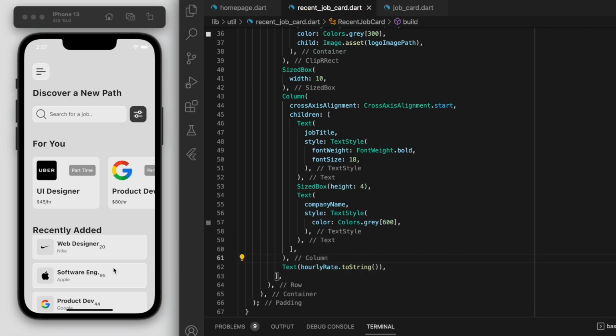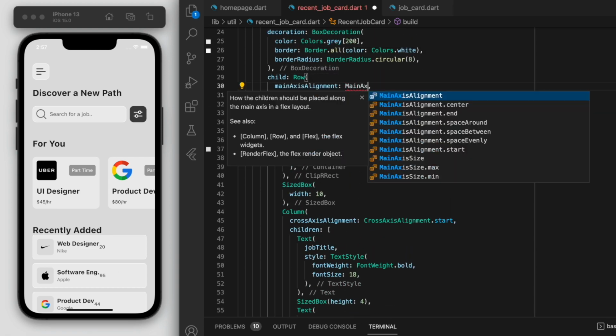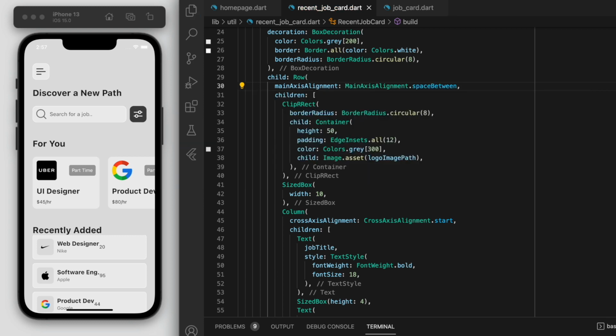Okay, now with the numbers in the end, the 20, 95, 44, this price, we want to put it on the very right hand side. So we're going to specify the main axis alignment to be space between. Now, because we have a few widgets inside of this tile, I only want the numbers to be on the complete right side and everything else to be completely on the left hand side. So